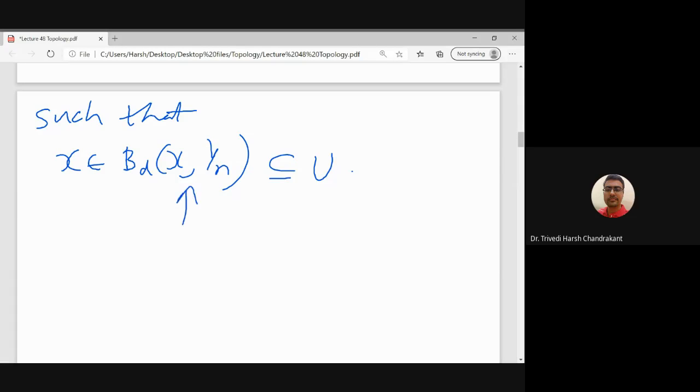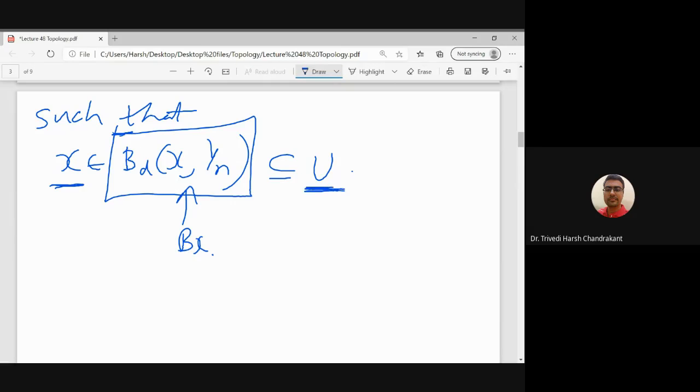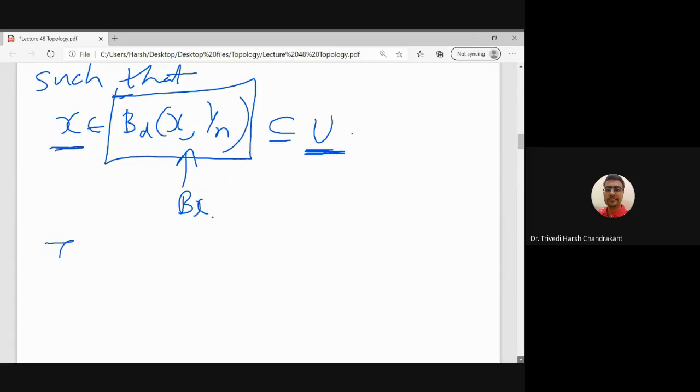So this is basically an element of this family B of X. Whatever X is given and U is given, we can find a family such that at least one member of the family lies inside each U around x. So that is this theorem. So in particular, even if we go to a special case,